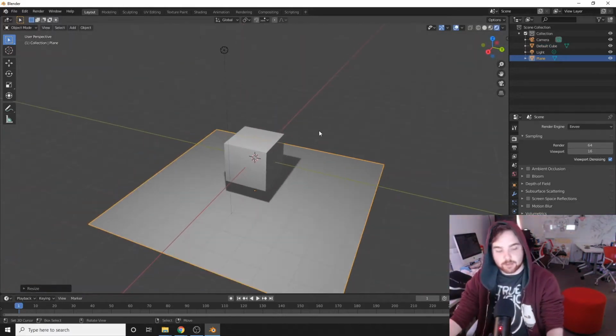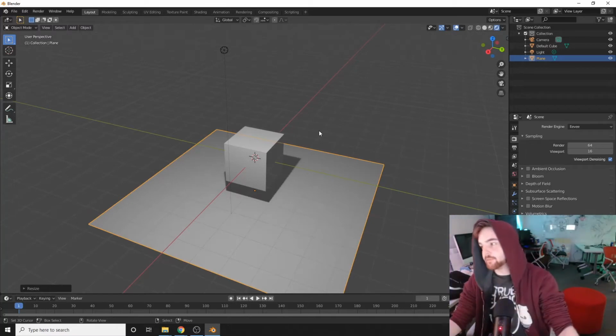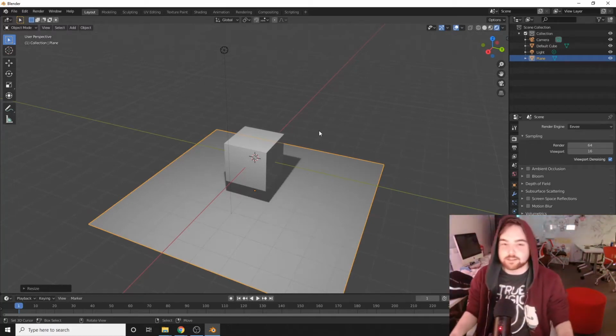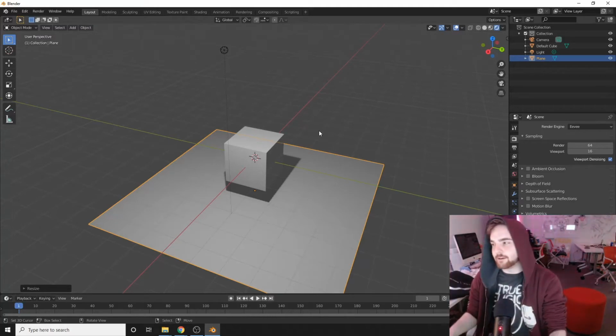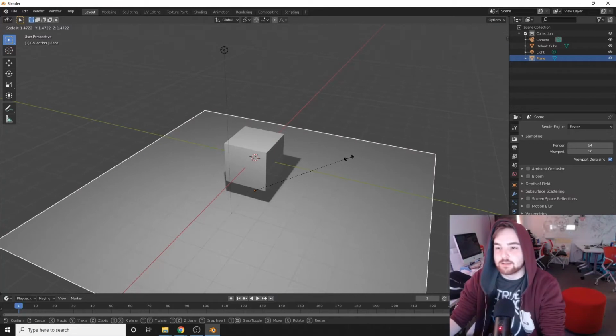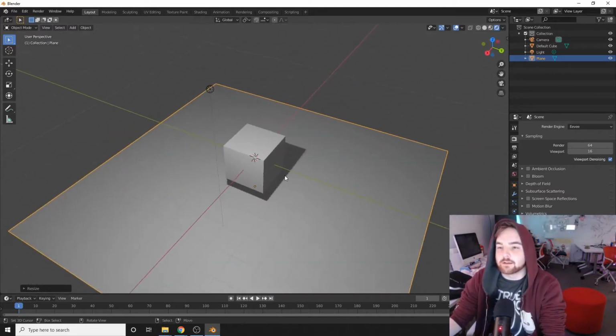So for animations where you're just testing it live, you don't have to re-render it and spend 10 hours to see if you messed up, Eevee is the way to go. For rendering a frame, if you want to live edit it, then you can also use Eevee. But if you want to make it look more pretty,